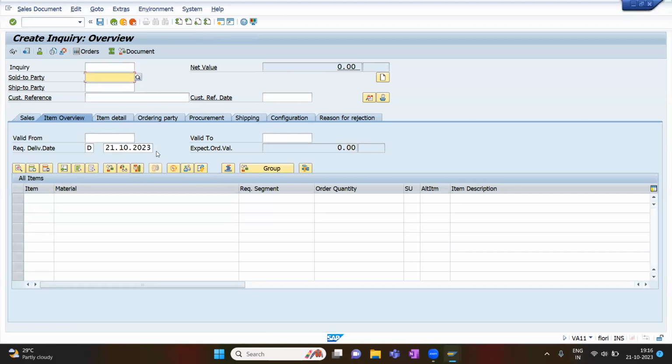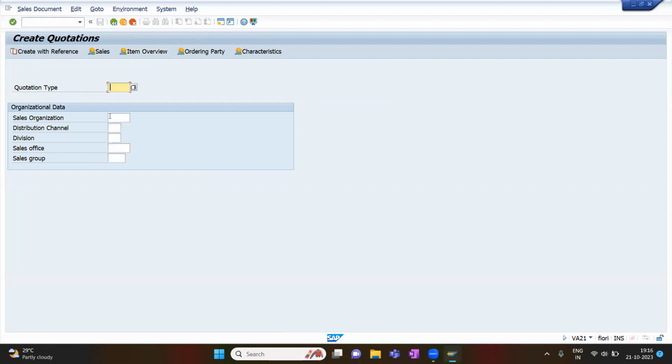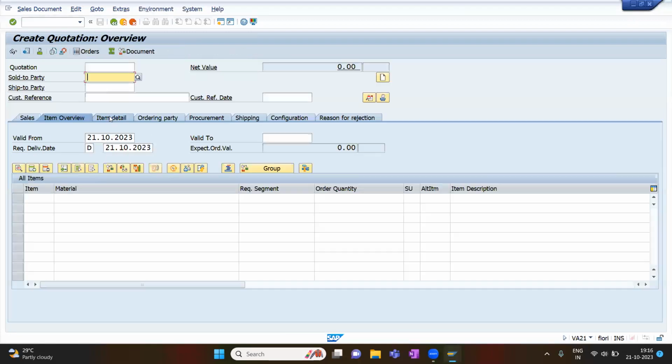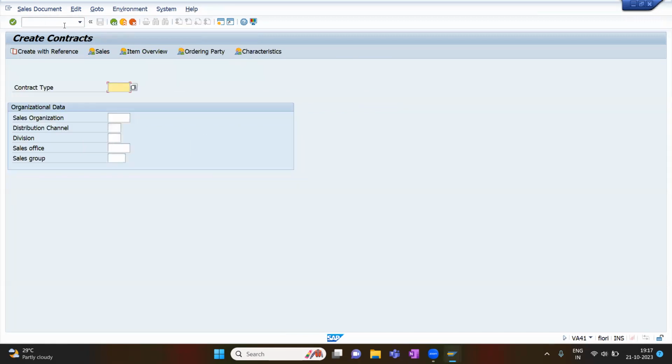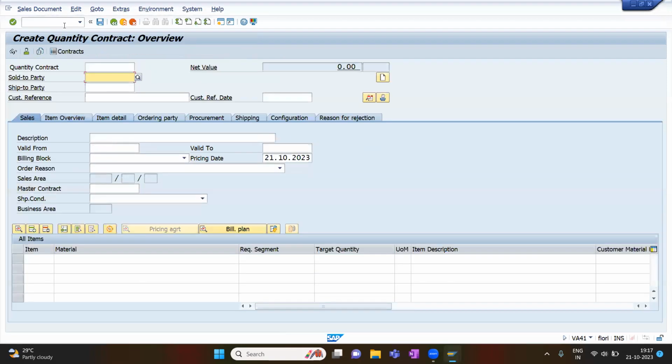VA11 is for inquiry, and VA21 is for quotation. If you want to check the quotation document, for the quotation document also it will enter, and you will be able to enter the item overview only as and when you enter the screen. Here also you will find valid from, valid to. If you take a contract document, VA41, CQ is the quantity contract standard type. Here also you will get into the sales overview, whereas if you go to the item overview,